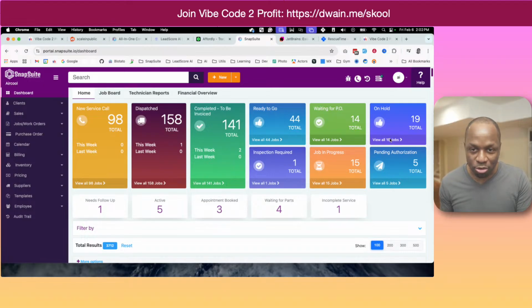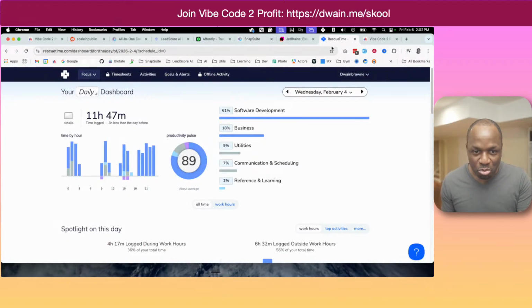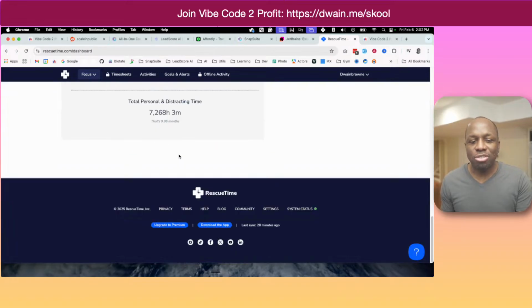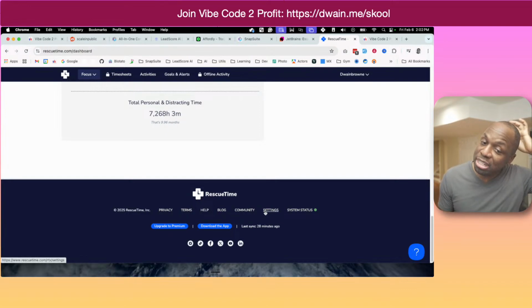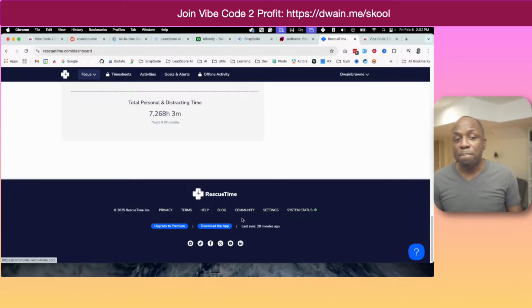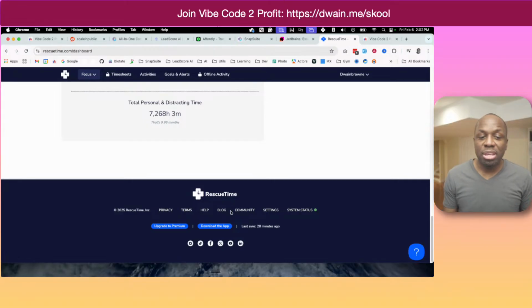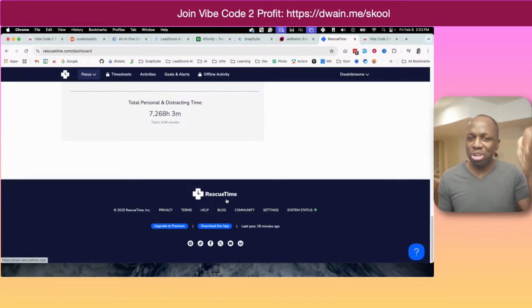Is it open source? Which one? Oh, Rescue Time. No, Rescue Time is not open source. It's actually a private company. This app has been around for about 20 years, probably. I think the guy that runs it is a multimillionaire already, and he built it for himself.